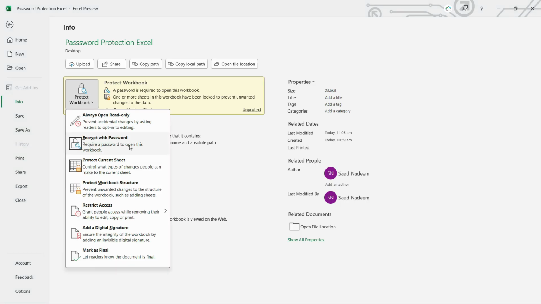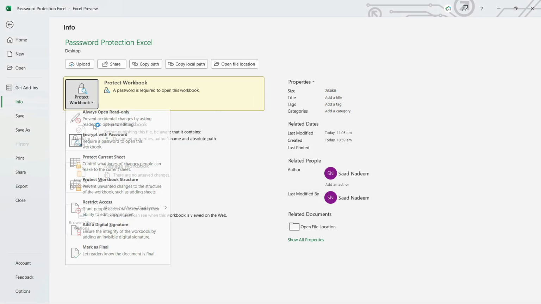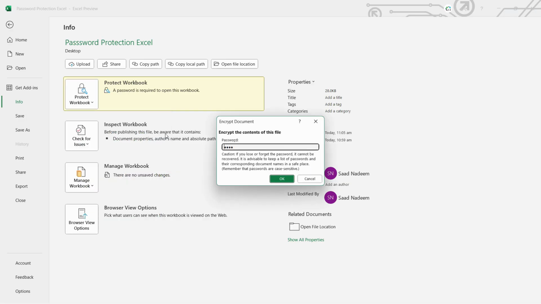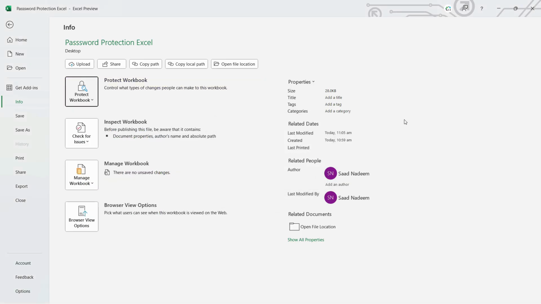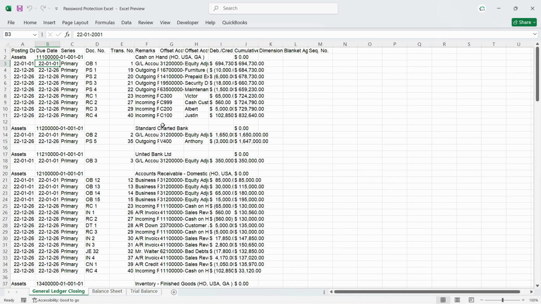Click on Info, and you should be able to remove the password by clicking on Unprotect and entering 1234, and you want to remove the password for the encryption as well. Click on Encrypt and just remove the password from here. Click OK and click Save, and let's try it again. Click Save, and now there is no password on the file or workbook, and there is no password on this